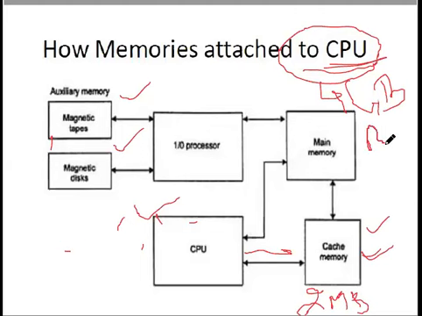First of all, the processor encounters the cache memory. Then after the cache memory, the processor switches over to the main memory. And main memory finally accesses the IO processor, that is input output, and this is connected to the auxiliary or the secondary storage. The secondary storage is a hard drive, magnetic disk, or we have an optical disk. These are the parts of the secondary storage.